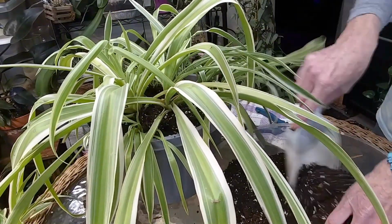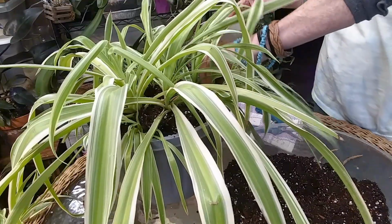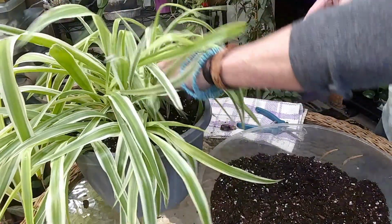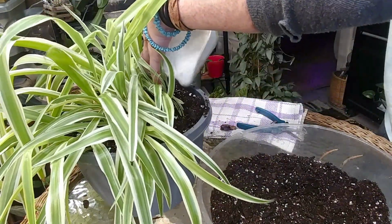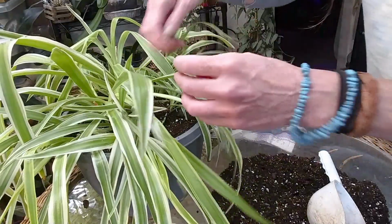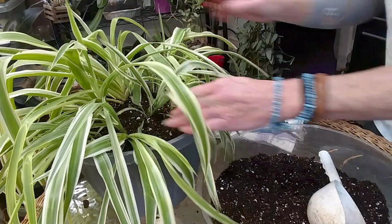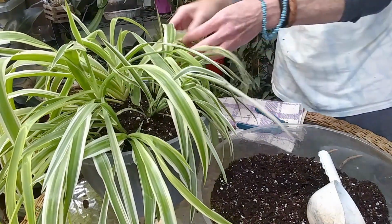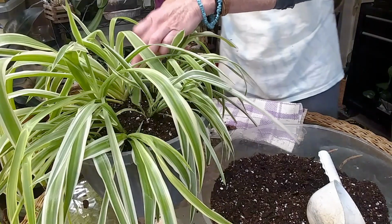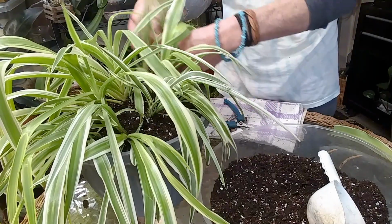Spider plants are pretty tough, as long as you don't continually keep overwatering them or continually letting them get way too dry, because I normally do not, I don't let my plants wilt before I water them. That is just way too much stress on a plant to continually let it keep wilting and trying to bring itself back up. It's using a lot of energy to recuperate itself. I'm going to cut that leaf off because it's really pale, and